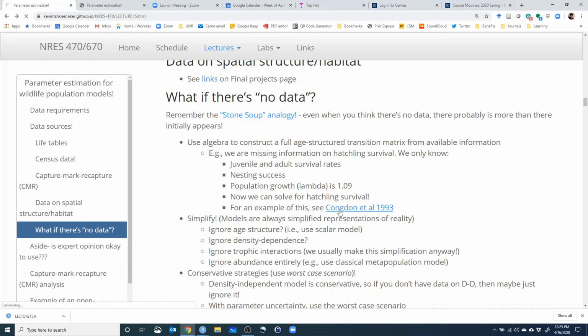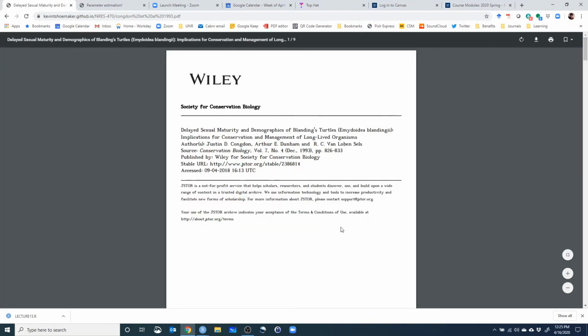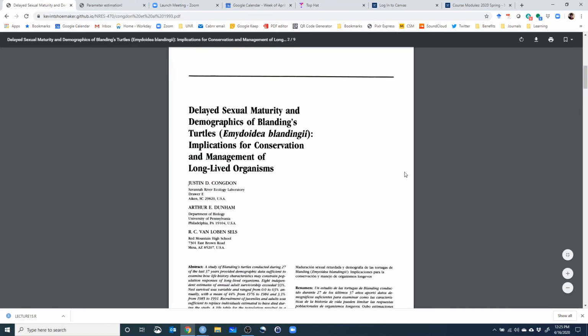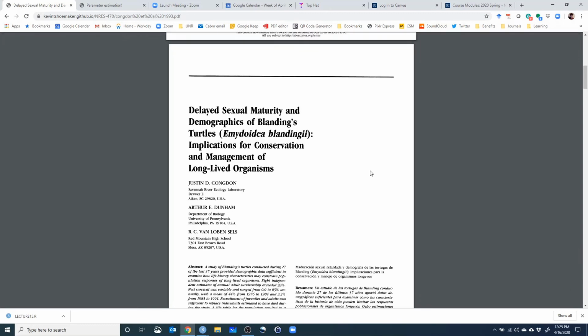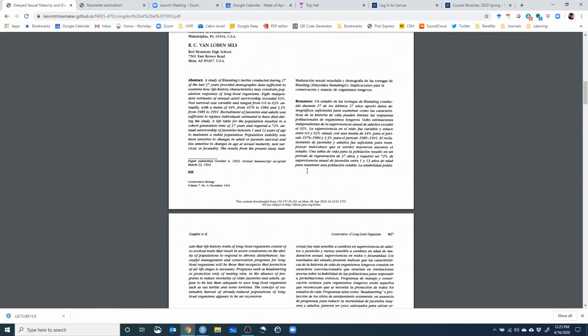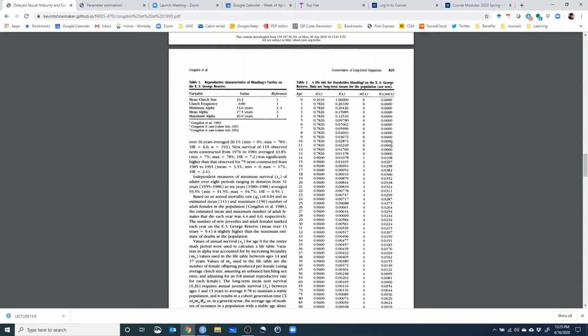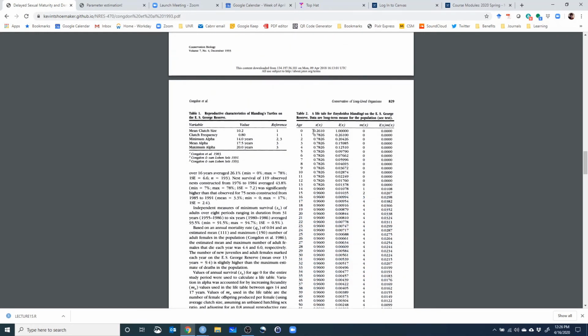This paper here is actually a paper that I've cited many times in my work. I think it's a very important paper if you like to model turtle populations. They used this technique because they did not have a survival rate for the really young turtles, but they solved for x and they got a survival rate for the young individuals. I think they got 0.7826 by solving for x. They knew the lambda, they knew the survival rate of adults, but they did not know